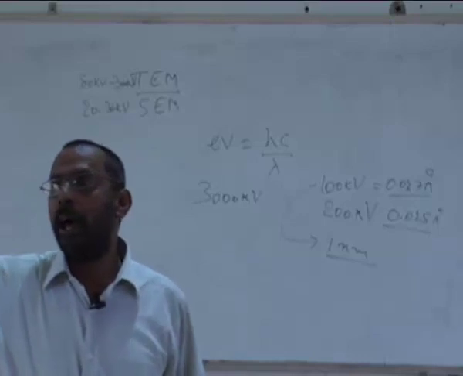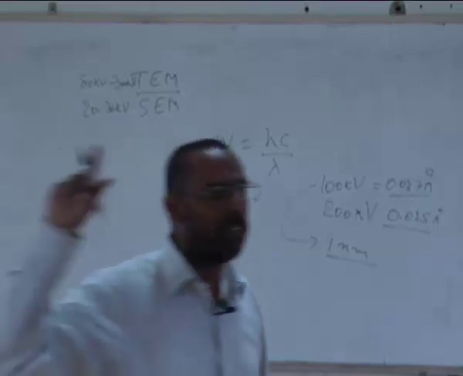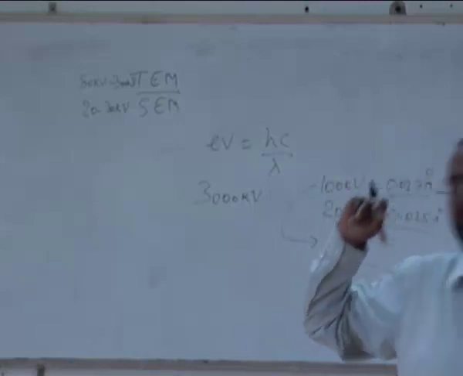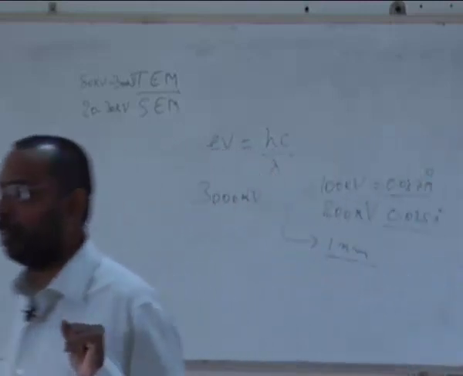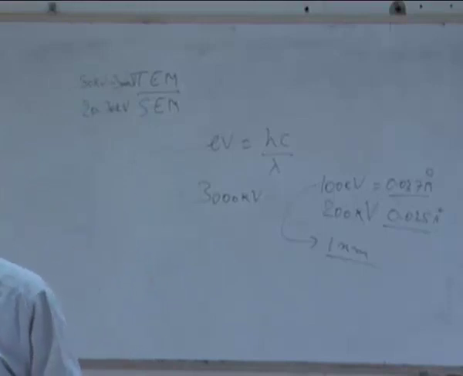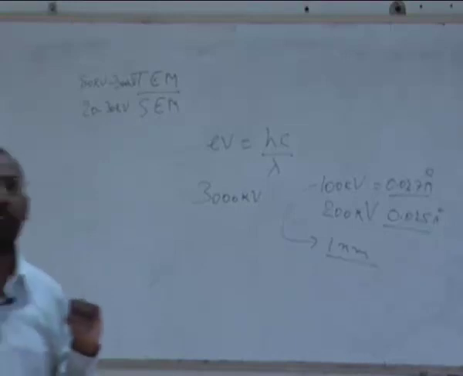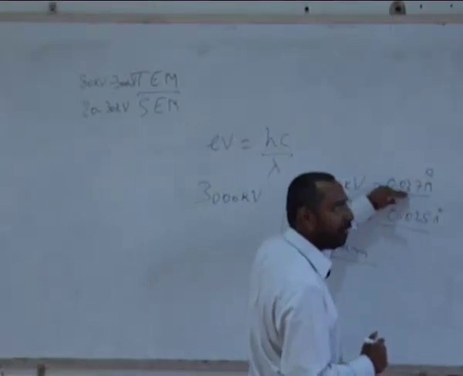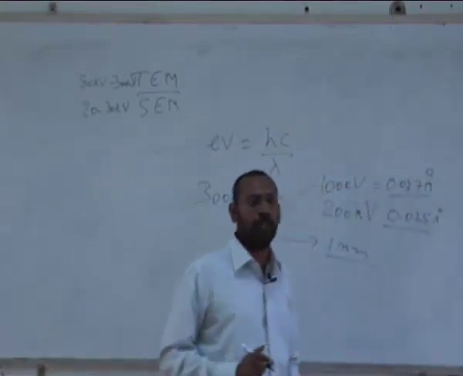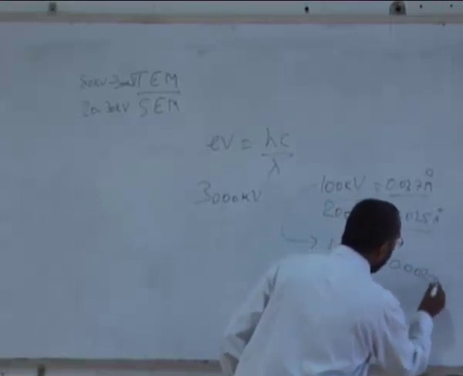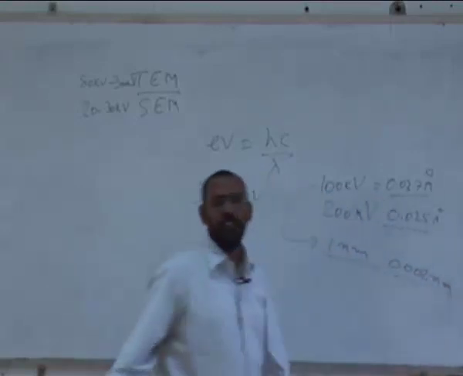Whereas an optical microscope gives you how much resolution? 0.2 microns, 200 nanometers resolution. So from 200 nanometers, if I go to a 100 kV microscope, I am able to get about 1 nanometer. This is the general resolution that we get. The reason for this difference, though this divided by 2 tells me approximately 0.02 angstroms, that means 0.002 nanometer should be my resolution.